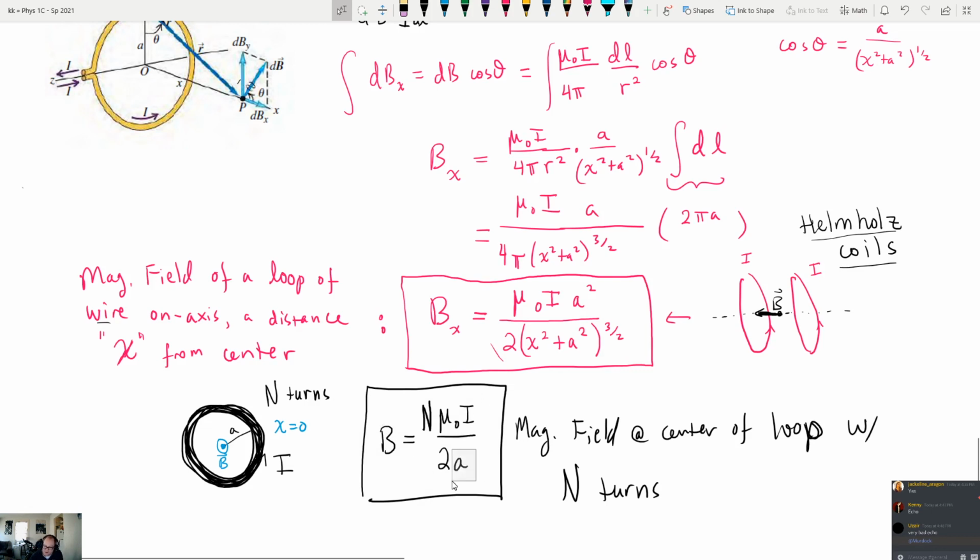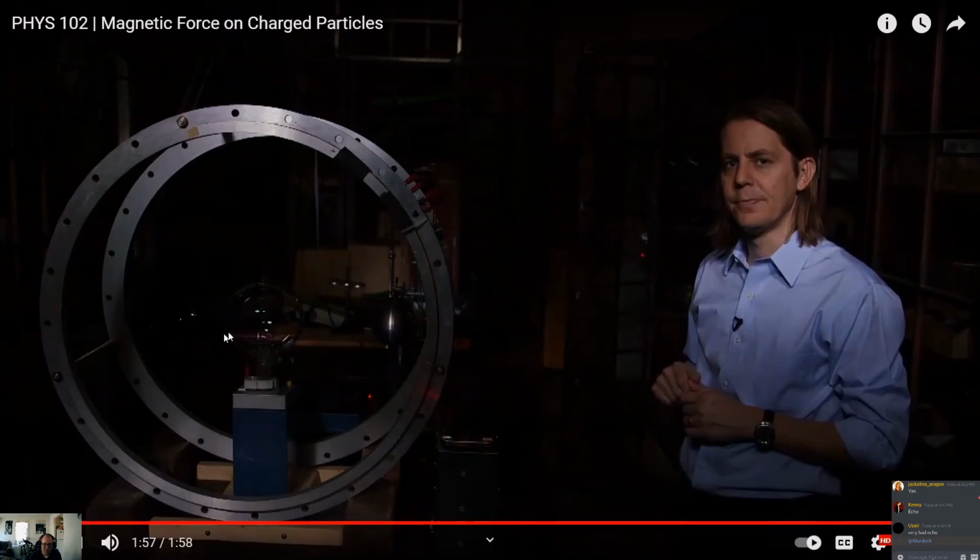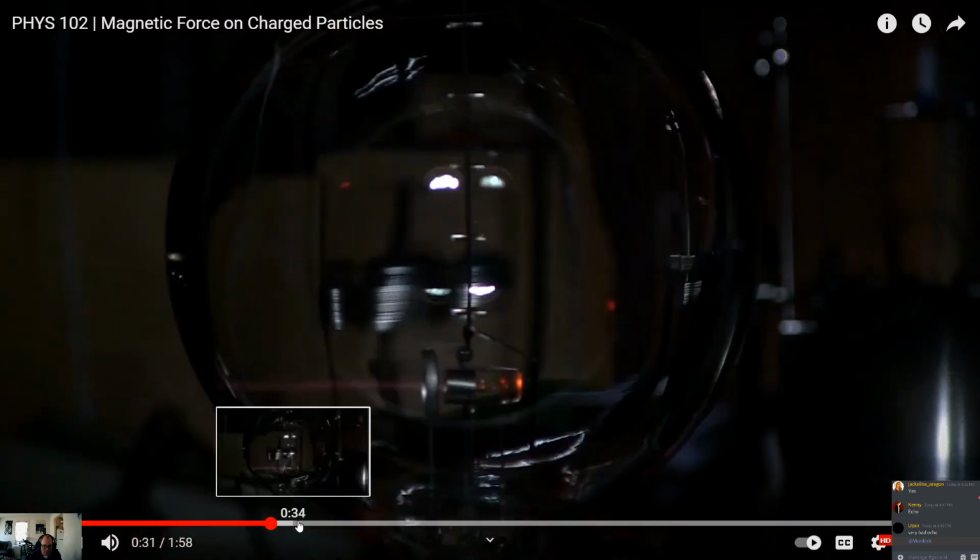And he knows the radius of the coils. This can be measured very easily. You can measure the radius of this thing, and you can see that they're pretty carefully designed, so I'm sure that the radius is fixed at a certain value. And then again, the place where the magnetic field is the most uniform, the most straight, is right in the center right here. Because as you saw at the beginning of the video,